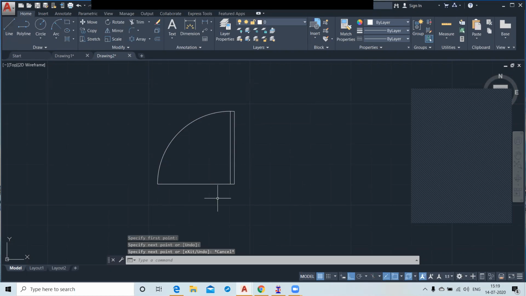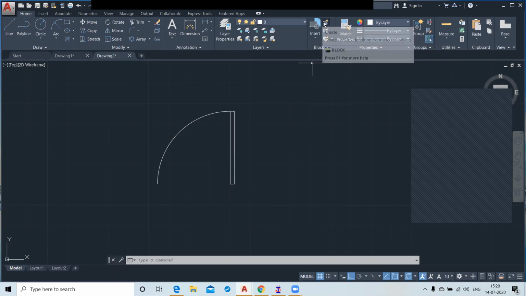Can't we use arc, sir, here? Because I think the circle is easier than arc. Okay. Enter starting and end. Yes, you can use that. So this is your door of 3 feet, right?